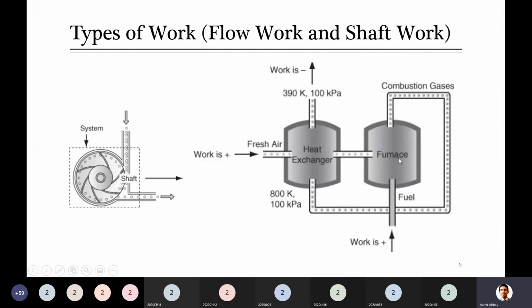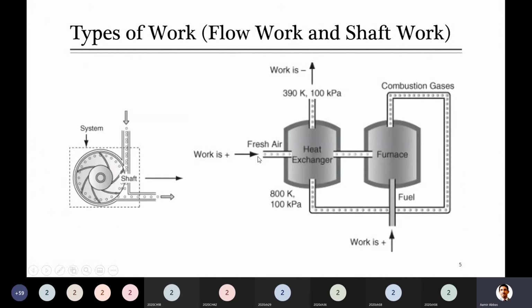So the next equipment here is a furnace. In the furnace, when the air comes in contact with the fuel, we burn it. A furnace is sometimes also named a heater. So in this you burn the fuel. When we burn the fuel, what happens? Combustion gases are produced and temperature is raised due to combustion of this fuel. So overall, something leaves at high temperature after coming in contact with the fresh air at low temperature, and it moves out of the system.